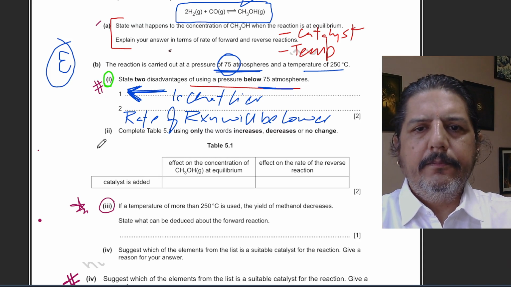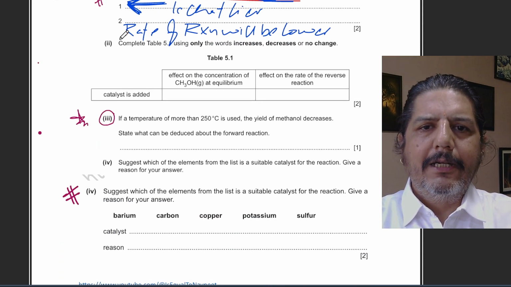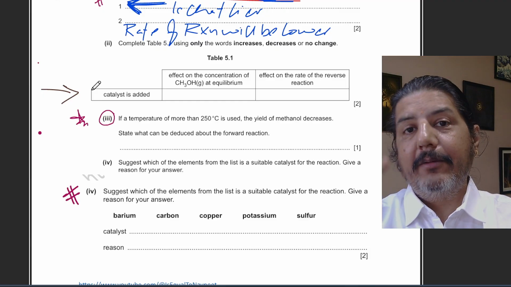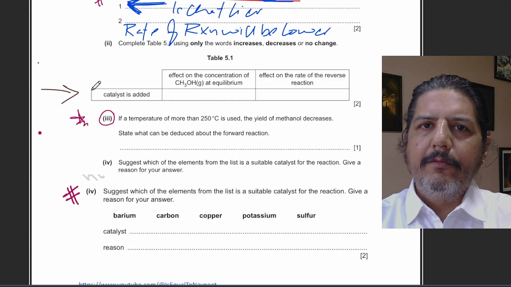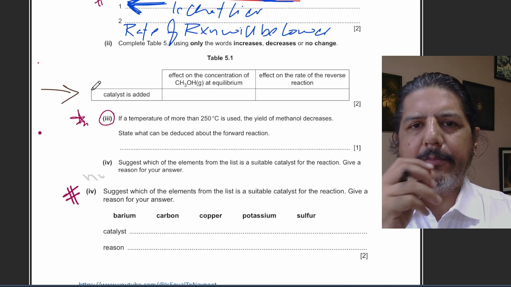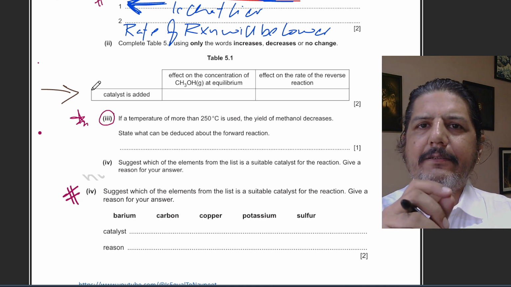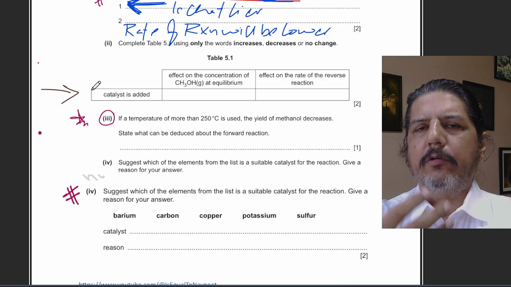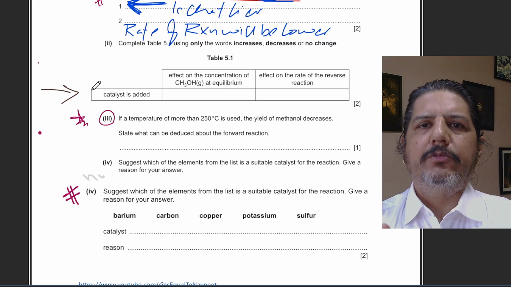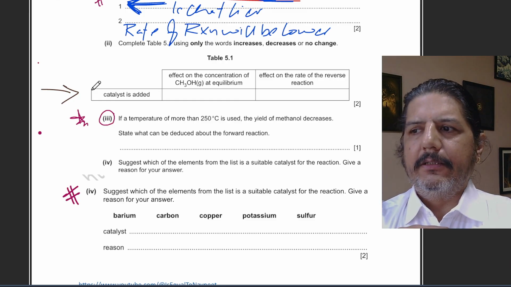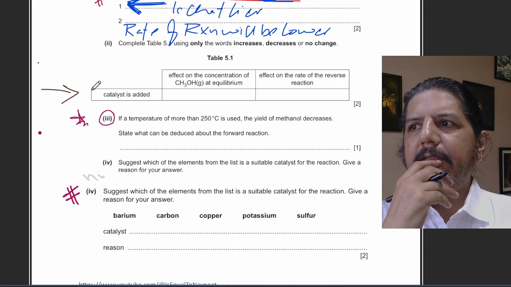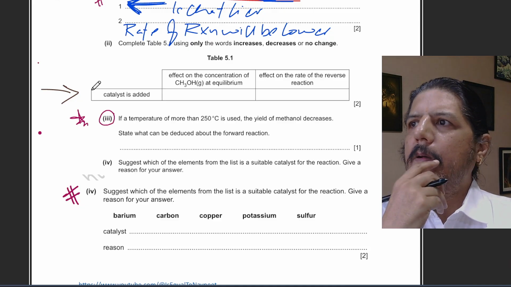Now they are asking about when a catalyst is added. Now again, what you need to understand fundamentally about the role of catalyst is, the foundation is from the rate of reaction chapter. Now what a catalyst will do is catalyst will bring the equilibrium faster. So let us assume that the equilibrium takes 5 minutes to reach, but if you add a catalyst, the equilibrium would be reached in 2 minutes. So the only thing that a catalyst does is it brings the